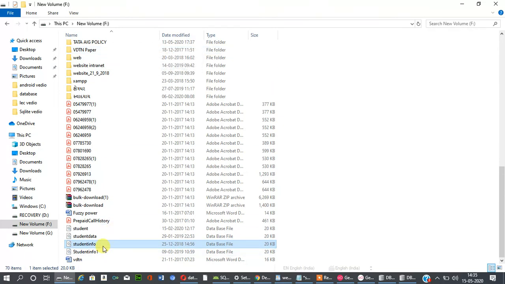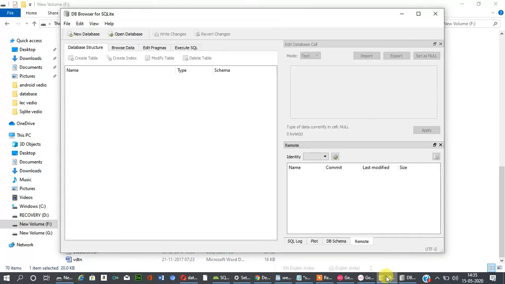Now if you want to see the data inside the table, or see the database, one more software you have to install, that is DB Browser. This one is also free software. Just download it and install.